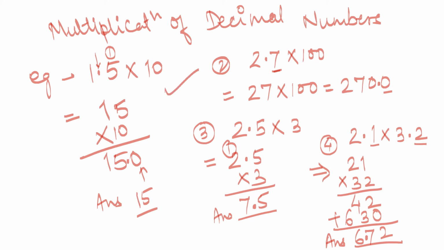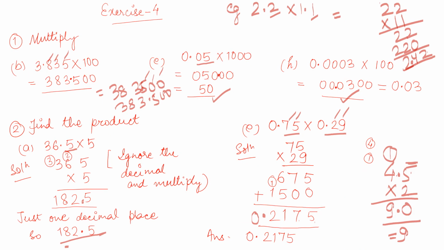How to multiply with a 10 or 100. If you see properly, the decimal is shifting to right. Here again the decimal is shifting to right. And when we multiply with numbers, whether they are simple numbers or decimal number, you have to be careful. Those many digits you have to count from the back and put the decimals. Clear? So here I have done few questions of exercise 4 to you, and some more things are explained.